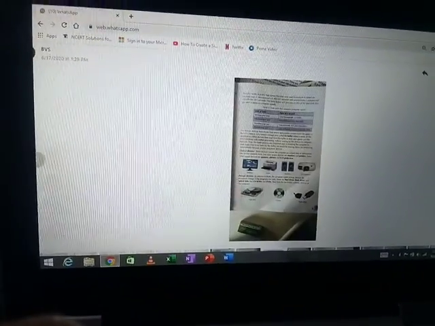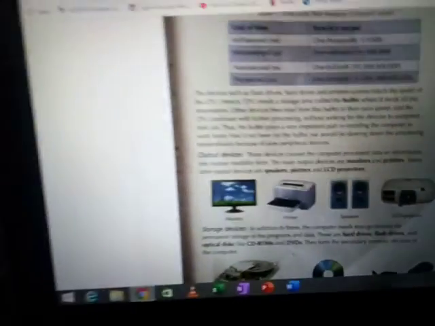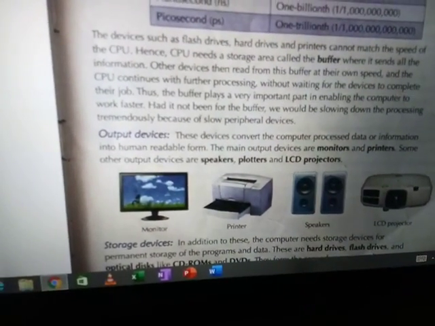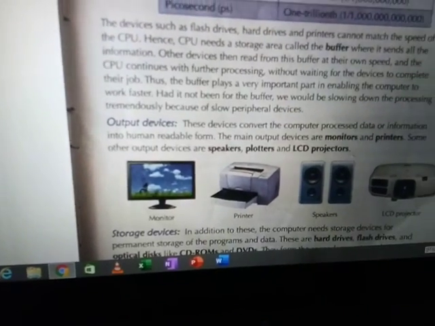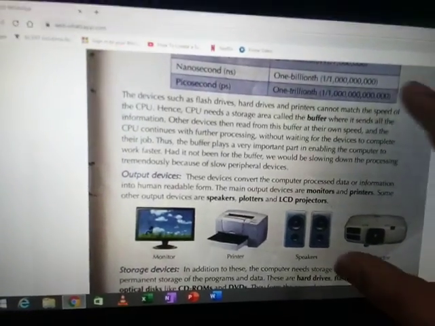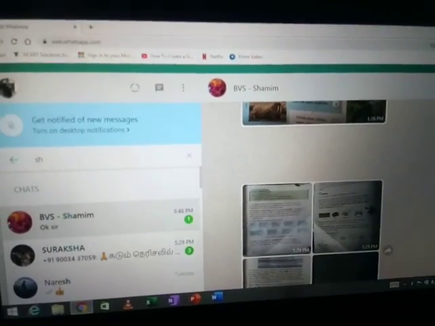Then we saw the computer speed. See it clearly; if you have a book, just refer to the book, else see this video. Then finally we saw the output device. These are also hardware which we can touch and feel. The output device shows the useful information which is needed. That's all. I hope students you understood very well. If you have any doubt, please call me.